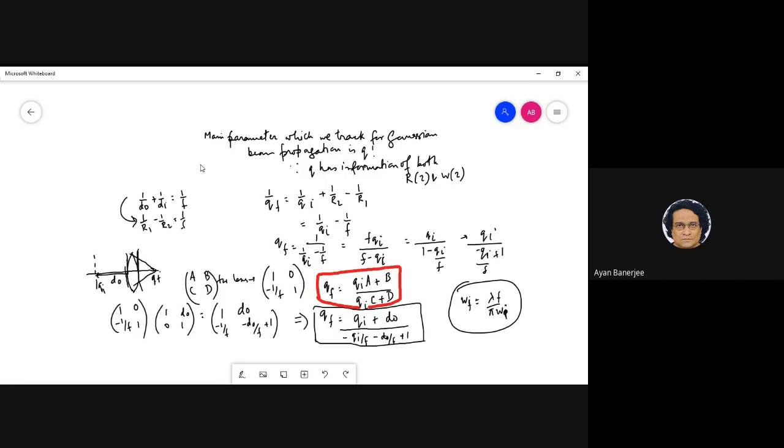The Gaussian beam is characterized by the parameter Q, and that contains information about the beam waist, which is the size of the beam. Remember, very crucial, the concept is this Gaussian is only in the transverse dimension. It is not in the direction of propagation, it's in the perpendicular direction. So it is characterized by this Q parameter, which has the beam width, and also the radius of curvature of the beam. And why is the radius important?